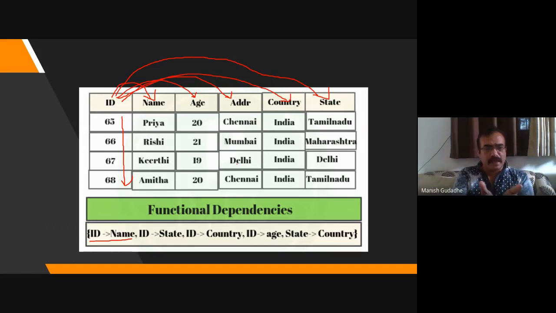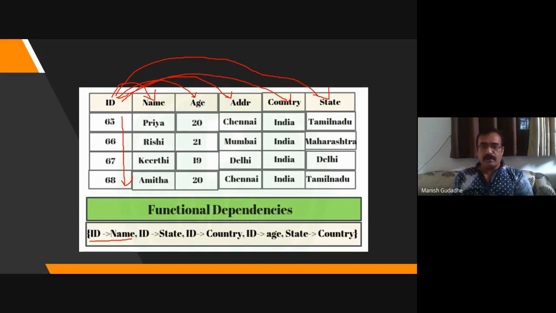Why am I saying it is a primary key? Because it is unique. It is not getting repeated. On very similar grounds, can I say name is also not getting repeated? So name can be a primary key. Also, ID can be a primary key, so can name. So FDs here can be: name determines age, name determines address, name determines country, name determines state, in case name is working as a primary key.